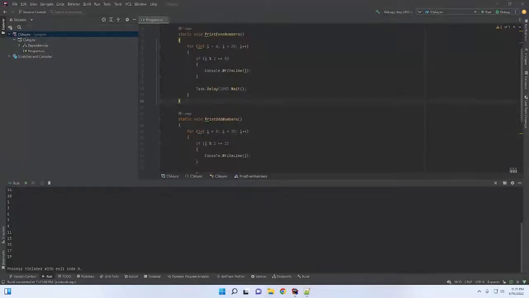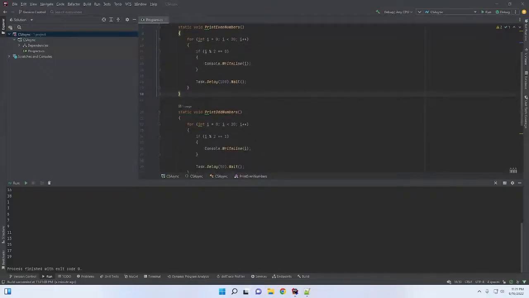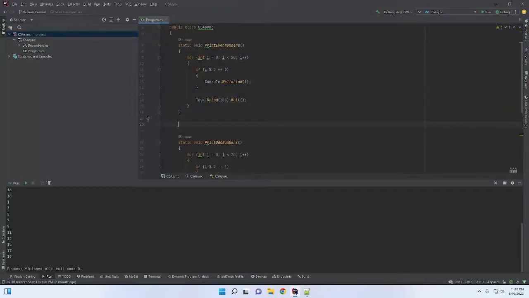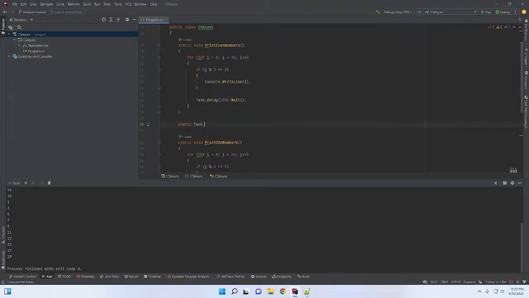Now that we have these two methods, let's go ahead and write a wrapper for, say, the evens method. So let's go ahead and make a static, and this is going to be of type Task. So this will have a return, expensive evens. So when we call expensive evens, we will get back a Task. Return